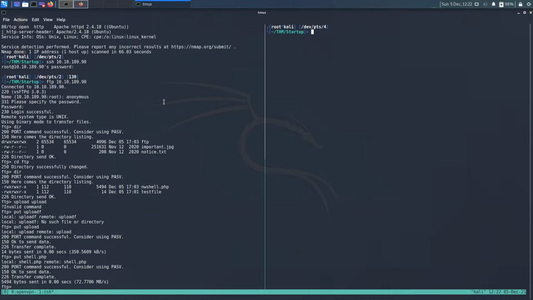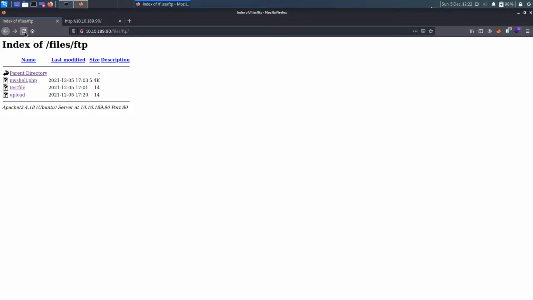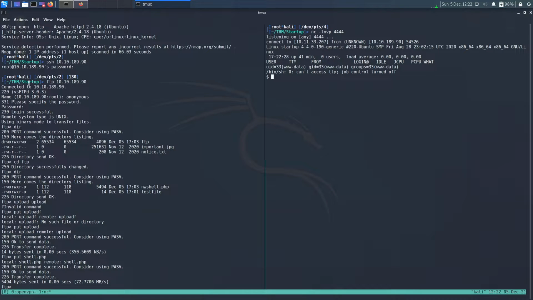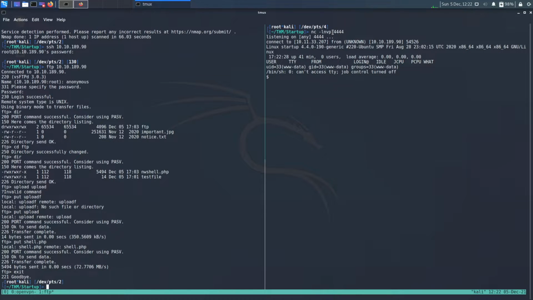Now that our shell.php is on the FTP server, I'm also going to open my netcat service on port 444. Now, on clicking on shell.php, it's going to execute the PHP file, and that PHP file has the code for our reverse shell, which will give us the reverse shell on our port 444. Now that we have no use for FTP, I'm just going to exit